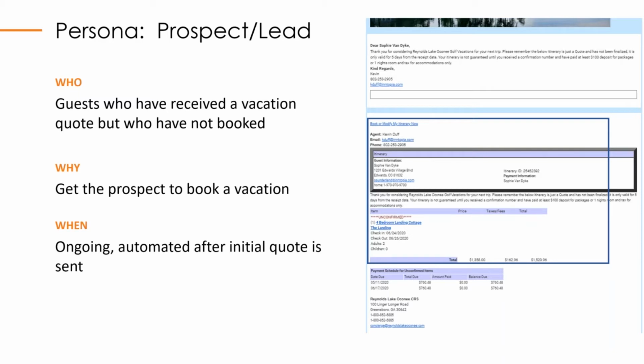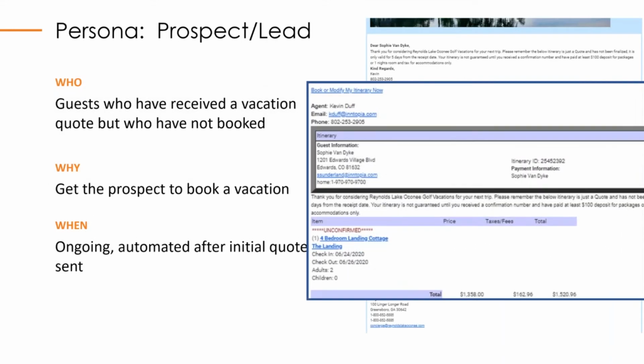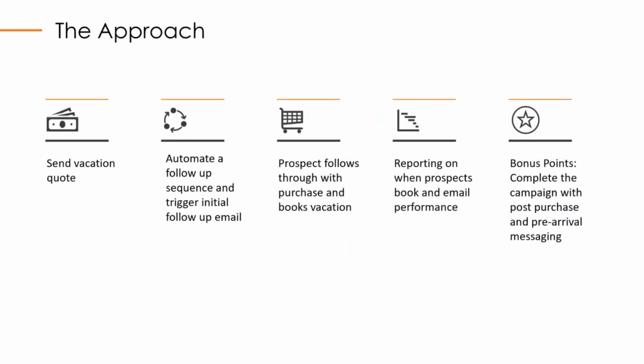In looking at the approach, Katie, if you'd go to the next slide. And the approach, it really starts with the user requesting more information on a vacation. So in this example, a quote was triggered out of Inntopia Commerce with the specific dates and items that were requested. Then at the next step, the marketing or follow-up program is then automated based on when the quote was